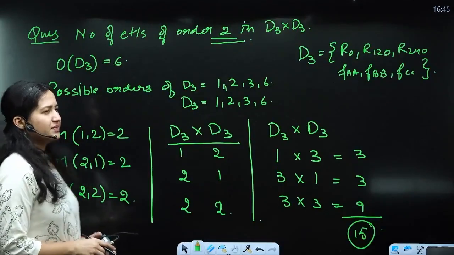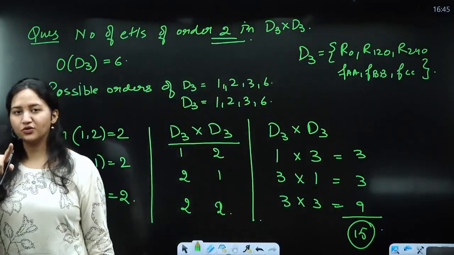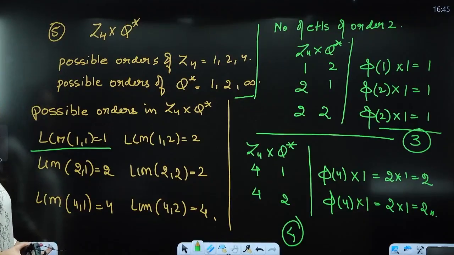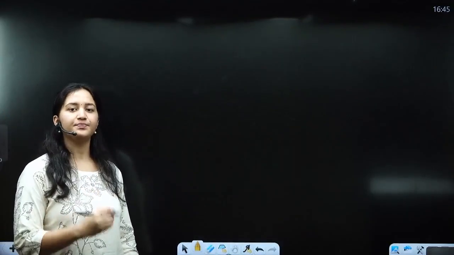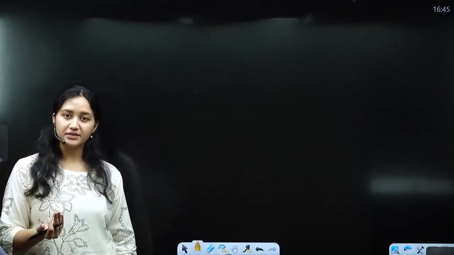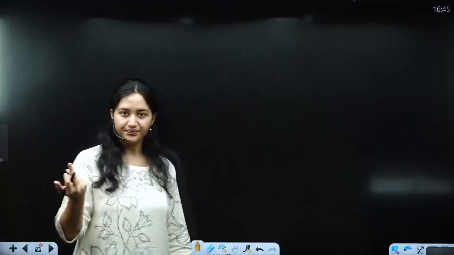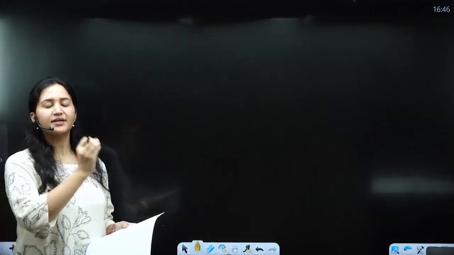So D3 cross D3 is done. Now, the groups we mostly deal with, you will be able to do. Now there is one problem in one group which is very important. We have done Zm, but there was another group with respect to multiplication modulo, which was U(n), right? But how to calculate that? Because for U(n) we just calculate the cardinality, using what? Phi of n, right? But how to calculate the type of elements, or let's say if I want to know what kind of elements are going to be there in, let's say, U(100), how am I going to judge them? For that we have a set of formulas that is going to help you understand how the elements are going to be in the group U(n). Just write them.